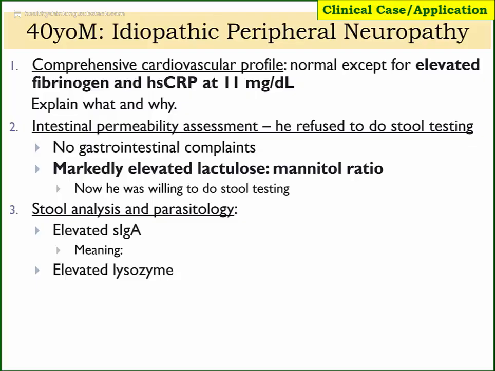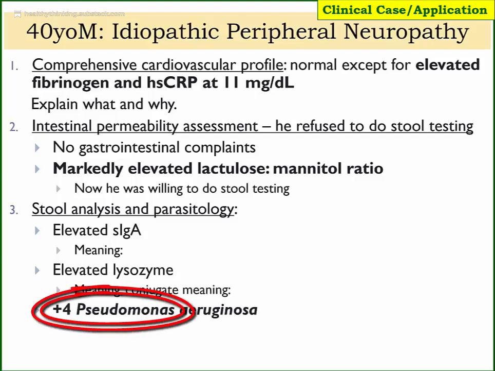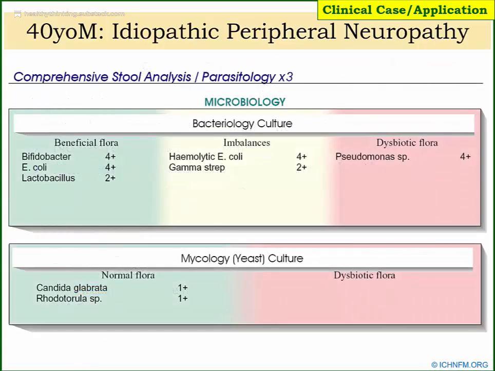And then the question becomes, can we find a microbial trigger? And in his case, he had Pseudomonas. As you can see here with his stool test results, let's start with the beneficial bacteria on the left. He's got good probiotics, good bifidobacteria, reasonably good lactobacillus. In the middle column, I don't see any major problems there, but the Pseudomonas is definitely a problem, and he's at +4. We can also look at the bottom left, and we see that he's got some abnormal yeast, Candida